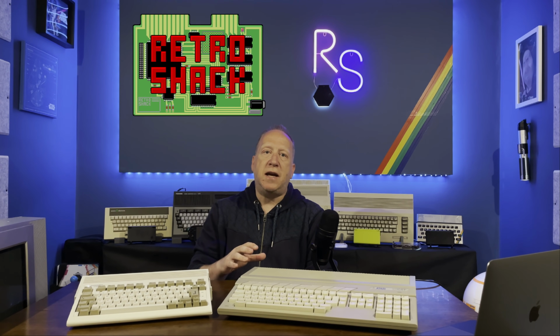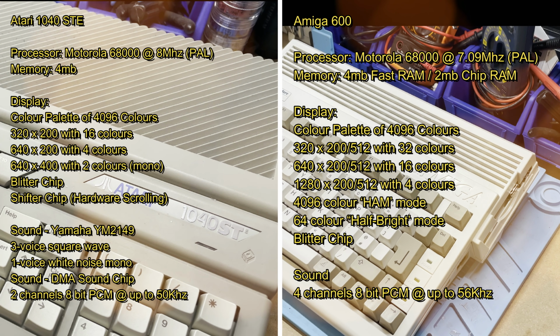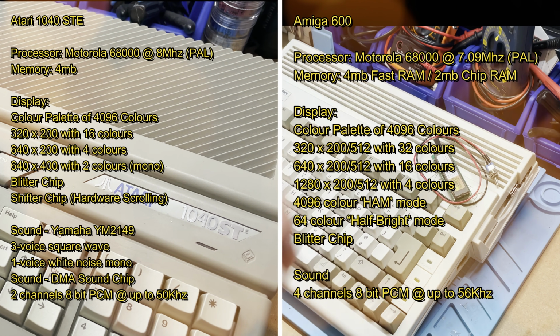So let's run down our tale of the tape for these two and see where our upgrades have left us in numbers and figures. So we'll be parking this Amiga to the side of the road for the next couple of weeks whilst I bring this STE up to the same cosmetic level, and then I want a showdown and I need your help for that. While I get on with the refurbishment of this STE and sort out a modern hard disk replacement,